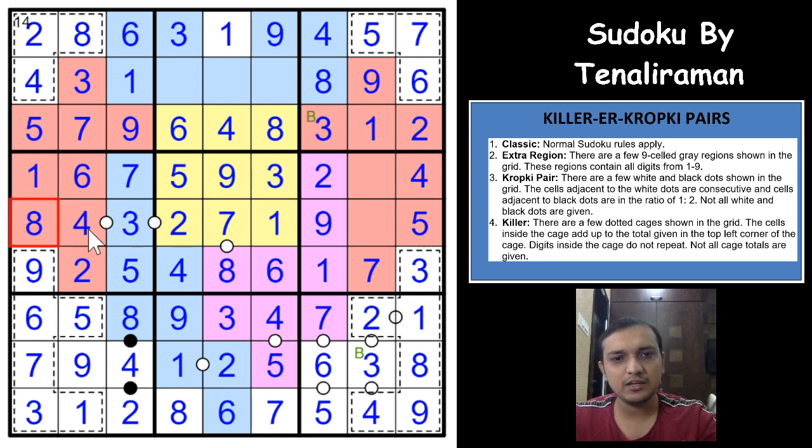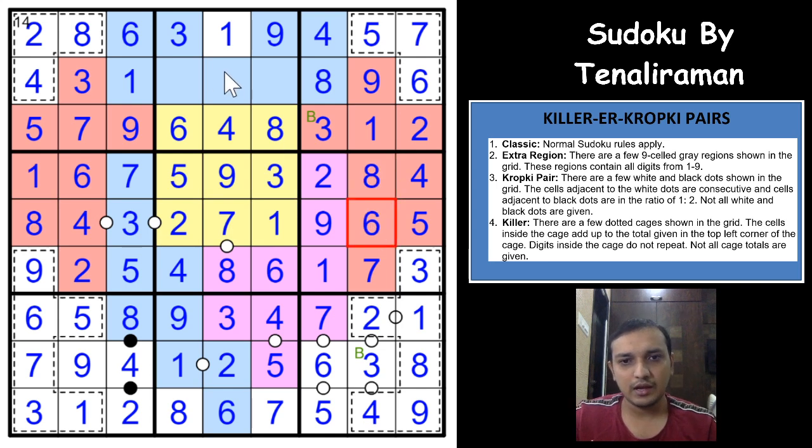That gives you a 1 and 8 here. That gives you an 8 and a 6 here. Superb. And these 3 digits are 2, 5 and 7. So this would have to be 7, this is 5 and this is 2. And with that we complete this gorgeous Valentine Day Sudoku. What an excellent Sudoku this was.